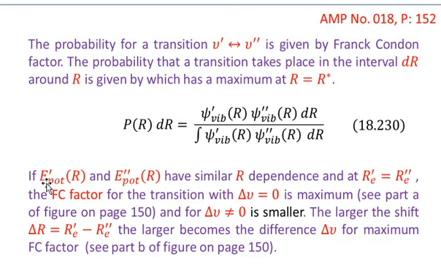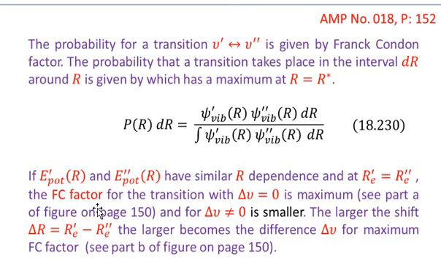If the potential corresponding to E single prime and the potential corresponding to E double prime have similar R dependence, with Re single prime equal to Re double prime, that is, at the equilibrium separations these two potentials have the same dependence on R,